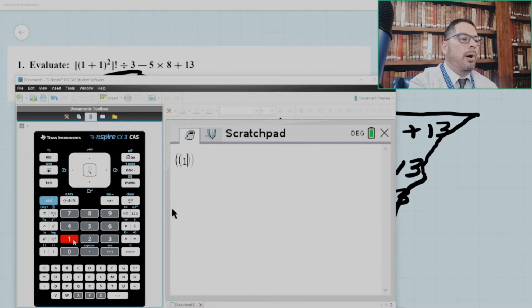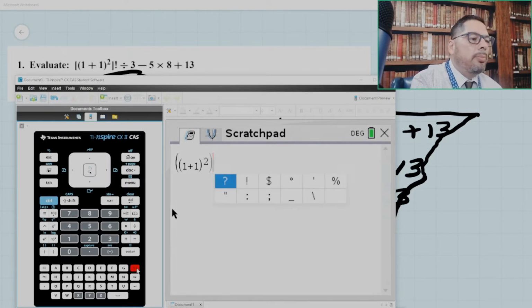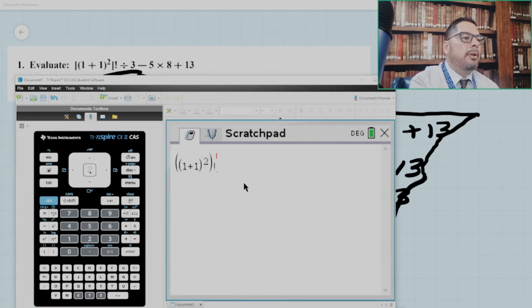I have 1 plus 1. Right arrow to get out of that first parentheses. I'm going to square it, right here, that square button. And I'm going to right arrow beyond that. And then to get the factorial button, you go right here to the lower right. There's that, I think it's a question mark factorial button. And we'll hit that factorial. Boom. Factorial. Then we go divided by